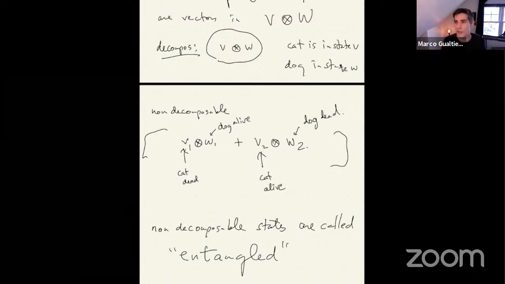Okay, so most states in the possible state space are entangled. And it's not rare in our experience. In our experience, because we're macroscopic, there's a phenomenon whereby states are pushed towards decomposable states. There's a very complicated dynamical mechanism by which most states that we deal with are actually decomposable. But in reality, of the set of all states, most of them are entangled. And so the universe is in this crazy entangled state.